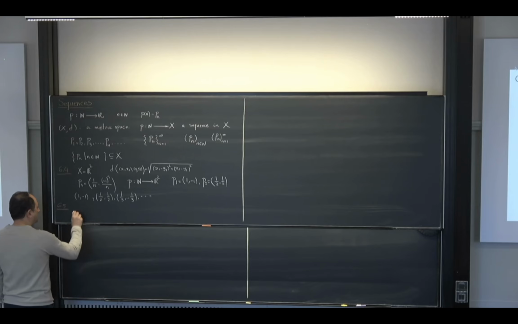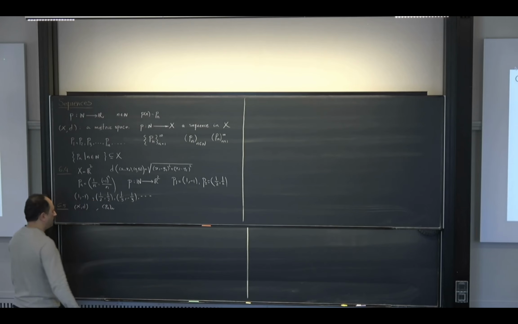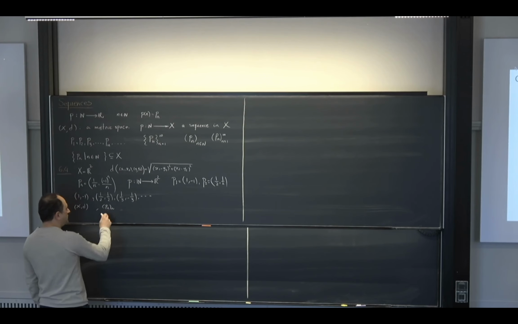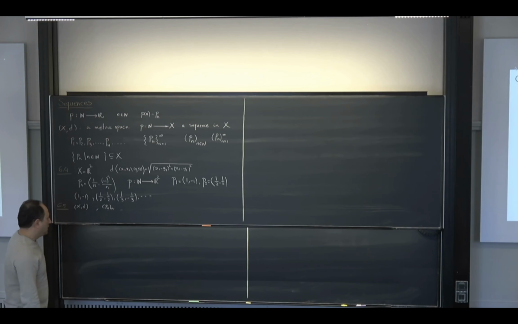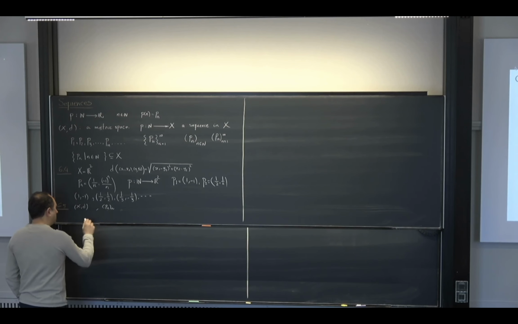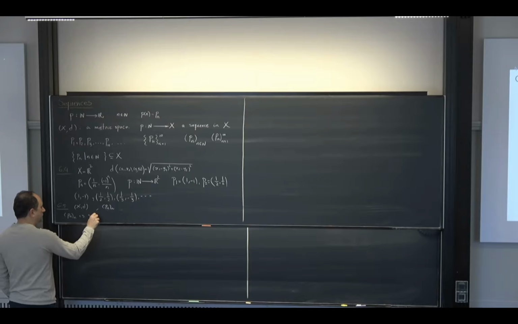So let us say that I have a metric space, okay, and I have a sequence in my metric space. And then I want to say, what is the meaning of this sequence being convergent? We say that this sequence is convergent if I can find a P around that. So P sub n is said to be convergent